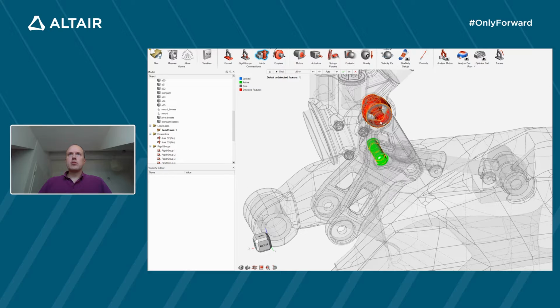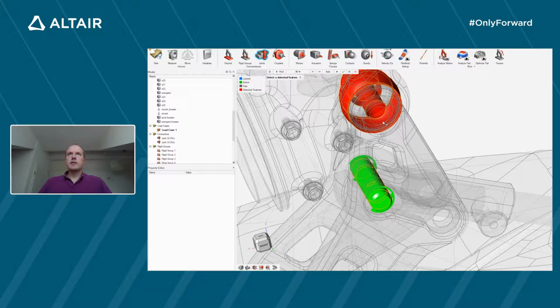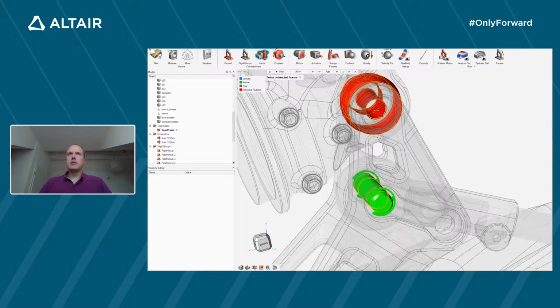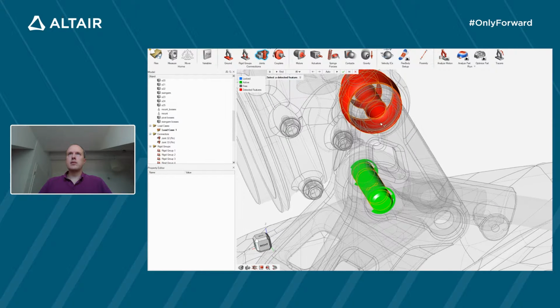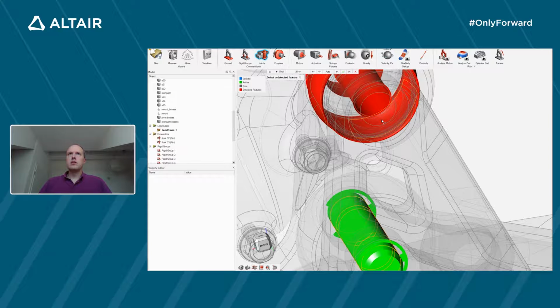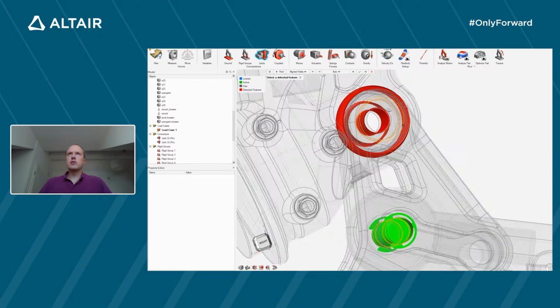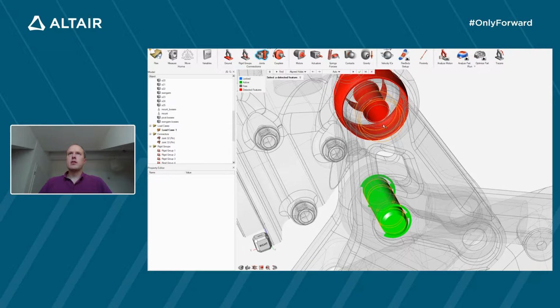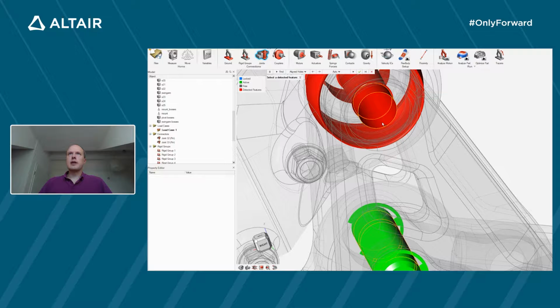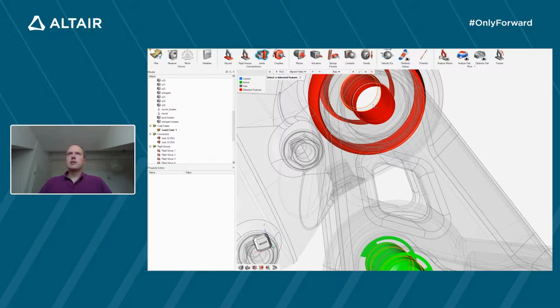All right, there should be some more. If they are not found automatically, you can still add them manually. So, for example, in this case here, the algorithm didn't find all the different holes that are aligned to each other here. You can either rerun the algorithm, or you can manually, for example, add surfaces here and manually